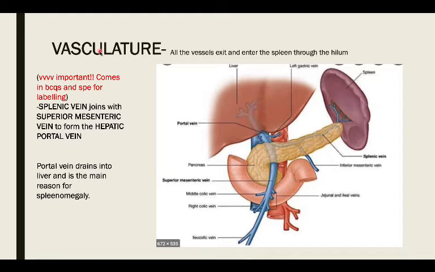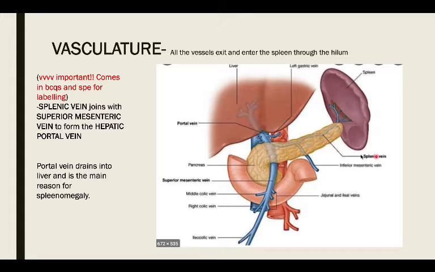Now we have vasculature. Vasculature means this thing right here. Guys, this picture, you learn it by heart because they're going to ask this in your exams. This comes in your MCQ, and this came in our SP as well. They just ask to label it. So this is very important, learn this picture by heart.